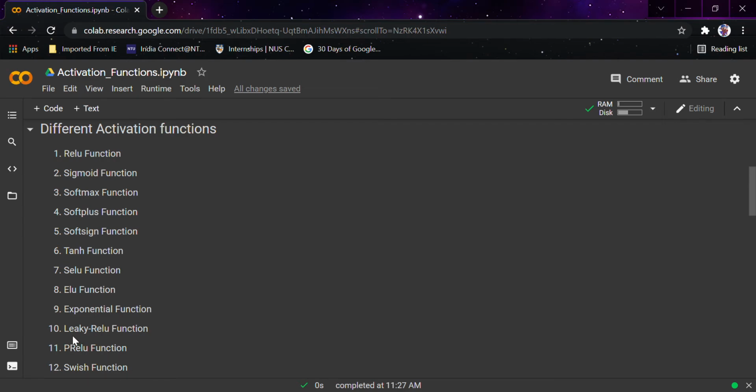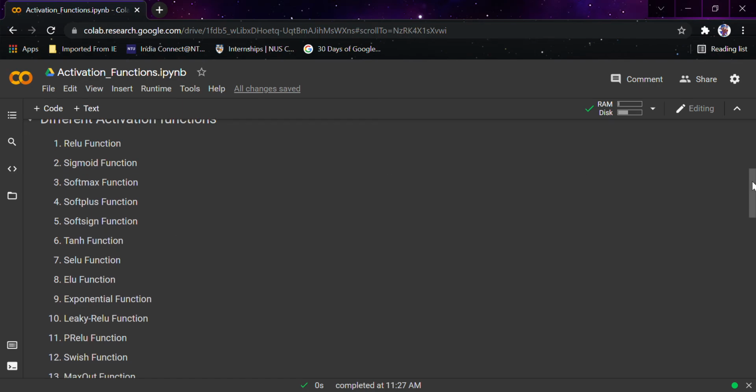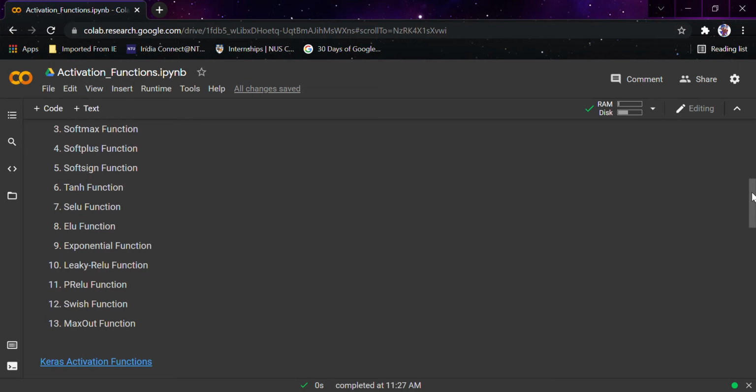The last three, leaky ReLU, PReLU, and swish, are part of the ReLU family, but they are improved and already contain the benefits of the ReLU function. If it sounds a bit confusing, not a problem. We are going to look at each and every function in detail in future videos.